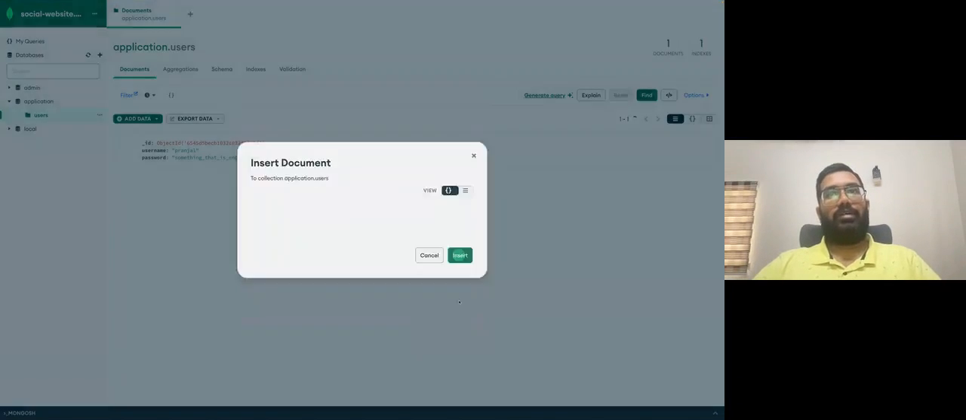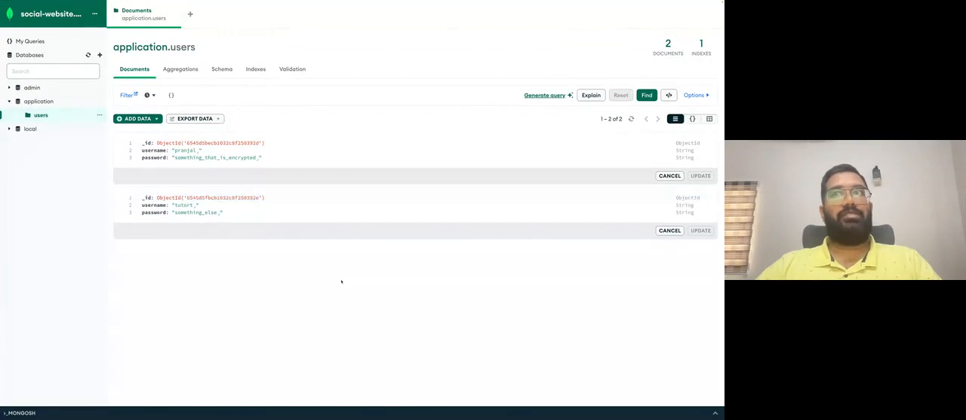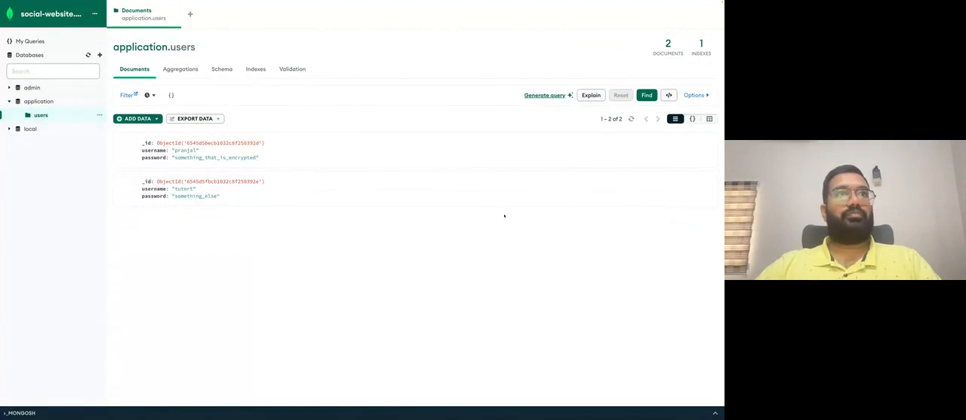I'm creating another document. So there are 2 documents. Both of them have different IDs, and basically that is how we know that they're different documents. Now, what I can do is